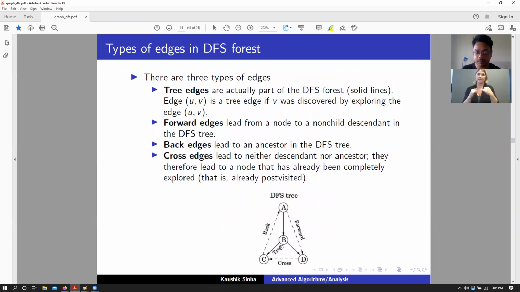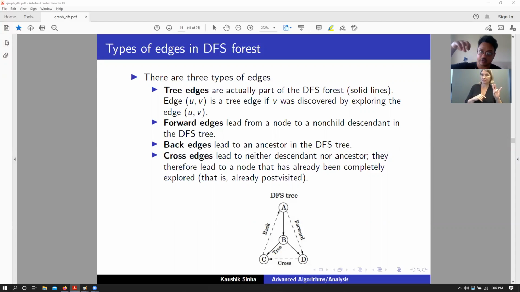So in this scenario here, this graph had all these edges, right? All those dotted lines are also part of the graph edges. Now we start from A, we go to B, so B has a pre-visit number of 2. Then let's say we go to C, so C has a pre-visit number of 3. C stops, so C's pre-visit and post-visit numbers become 3 and 4, right? Then we come back to B, but we are still not done with B. We go to D, and D's pre-visit number becomes 5 and D's post-visit number becomes 6, right? And then we return back to B. B's pre-visit number was 2, and now the post-visit number becomes 7.